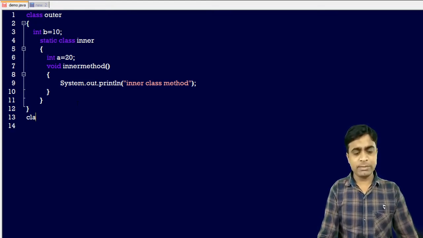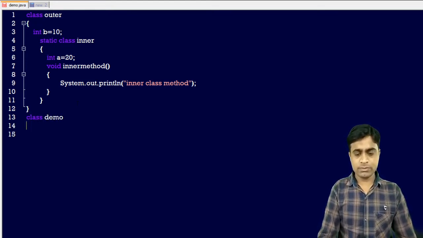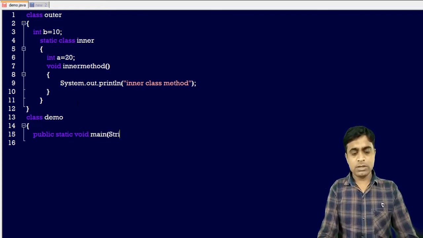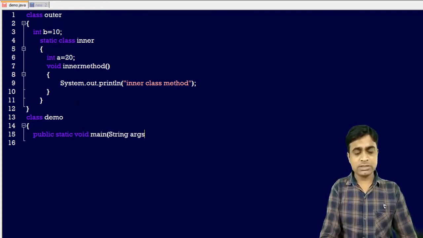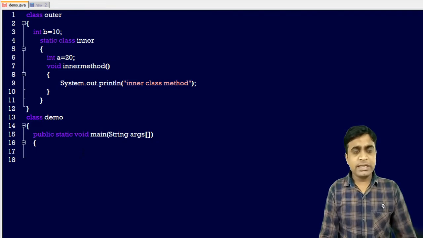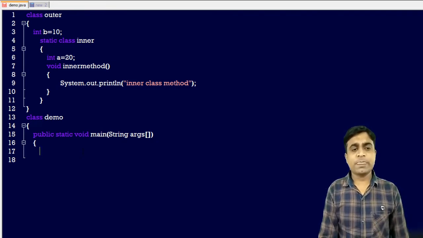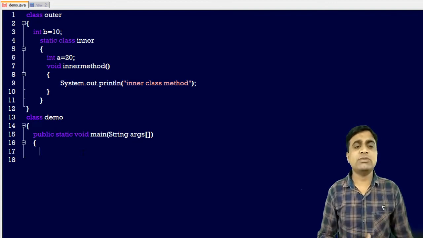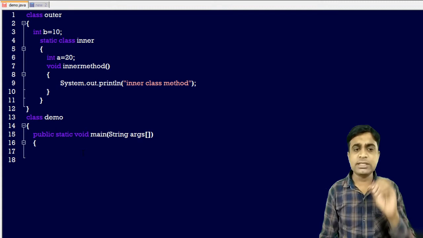Now I am creating a main class Demo, then public static void main, String args. Now I am creating the object of the inner class, because I want to access the data of the inner class. What is the procedure to access it?